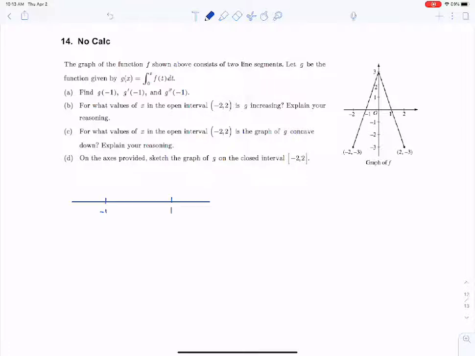To the left of -1, f of x is negative. To the right of -1, it is positive. To the right of 1, it is negative. So on the interval from -1 to 1, f of x is positive, therefore g is increasing. So my reasoning, and I'm pretty much going to be there, I'm going to say